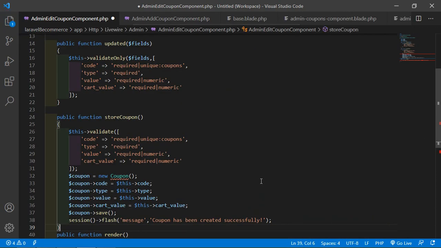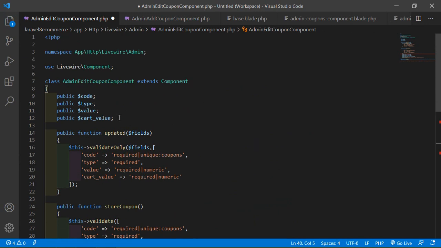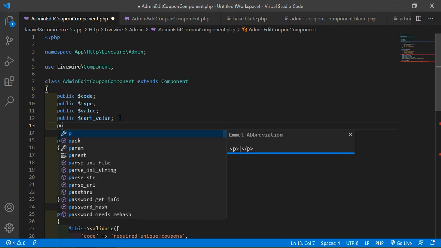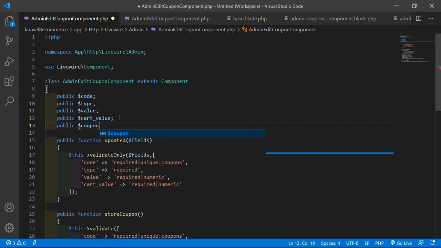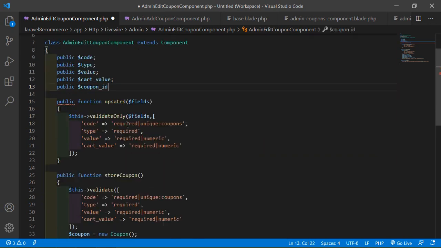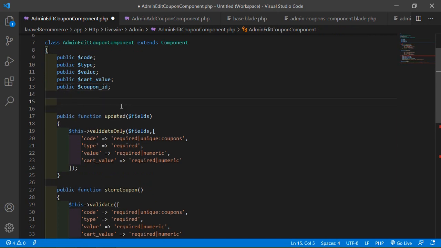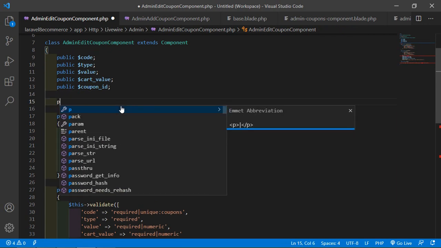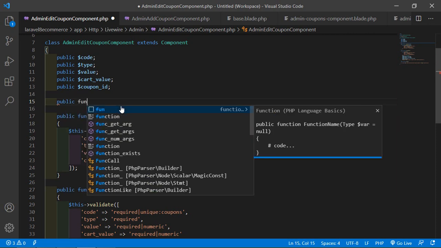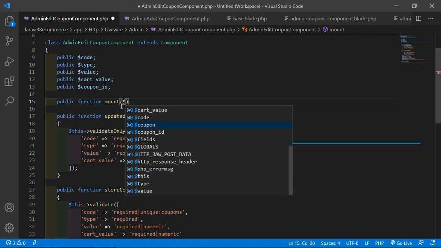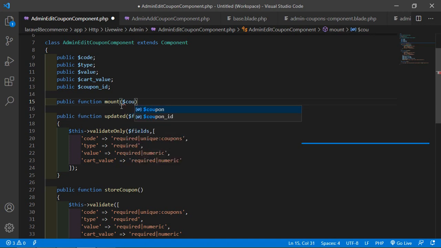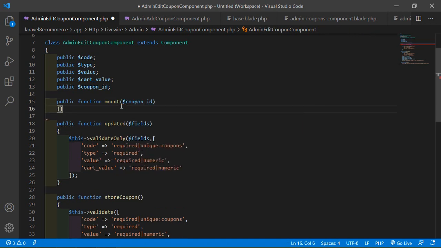Okay, and now add one more property here, public $coupon_id. Okay, and after this let's add the mount lifecycle hook method. So write here public function and the function name, which is mount, and inside this just pass one argument, which is coupon_id.